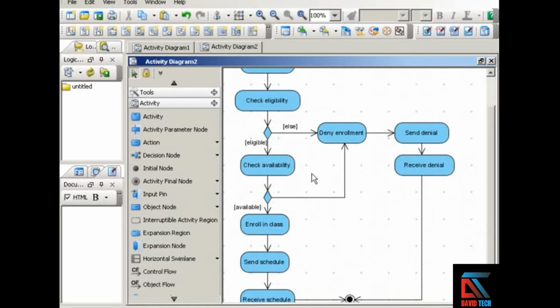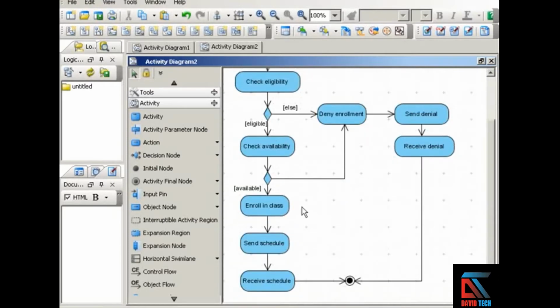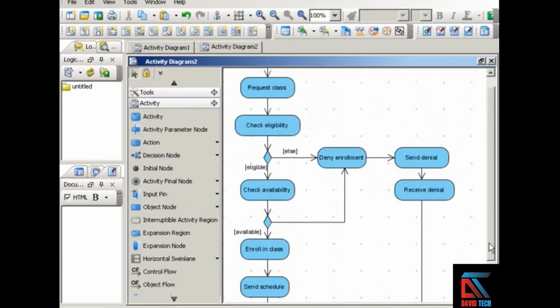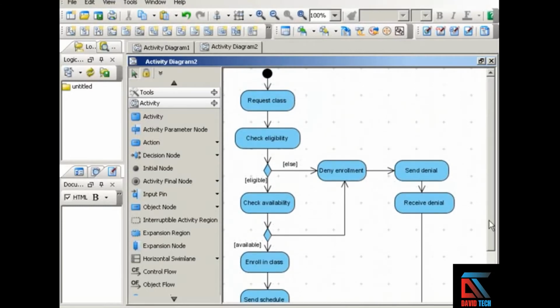Down here with check availability, we have another decision point where if the class is available, the student enrolls in the class. If the class is not available, again we send another denial notice. Once the student's enrolled in the class, we send the schedule, it is received, and that's the end of our process. So this shows very clearly the actions involved in registering for a class, but there's no information at all about